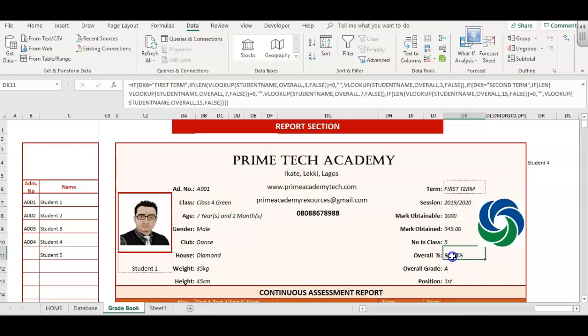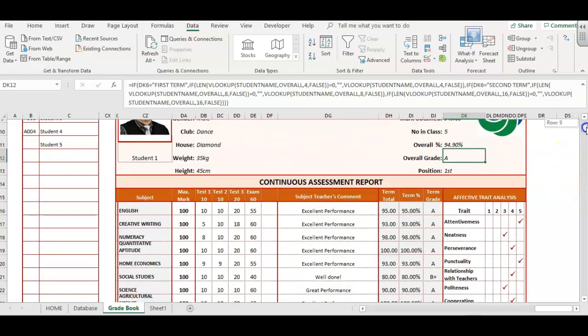And my overall, the same way I did for this: if it is first term, I told Excel to look for this person's name on the overall sheet, return the third column. The third column shows the overall for first term. For second term, it will be 7th column and 15th column respectively. And the same thing I have done for the overall grade, and I've used RANK to get the position. So on this part,